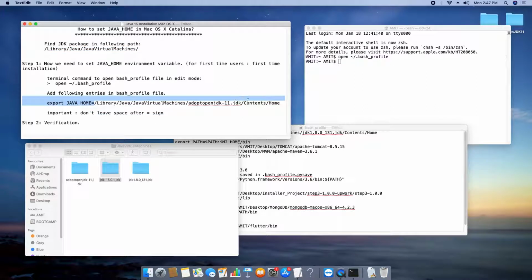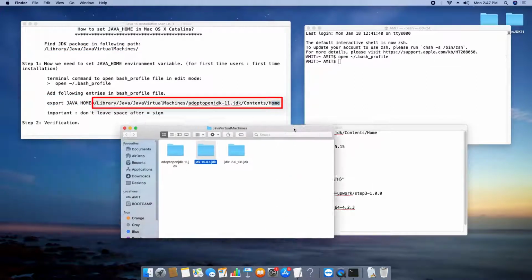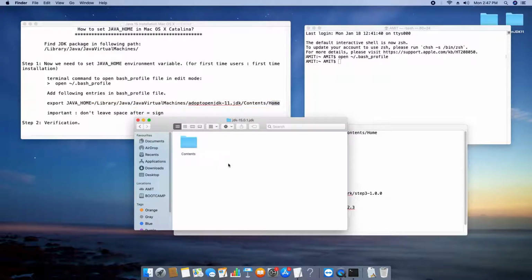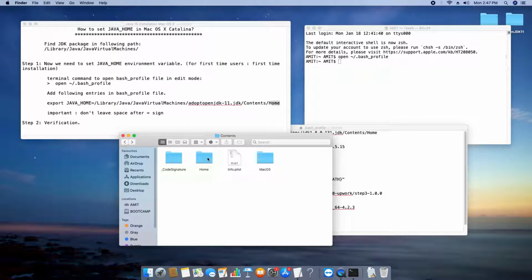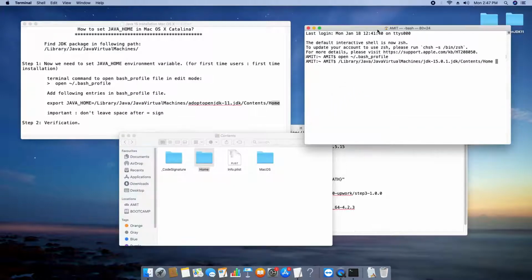And guys, this is the path that we have to change. As you can see, we have to give the path up to the home folder. Now go inside the package and you can see Contents, and after that Home. After the Home, we have the bin folder. As you know, we have done the same thing in Windows. That bin folder is important. So just drag and drop your Home folder in the terminal and you will get the path. So just copy this path